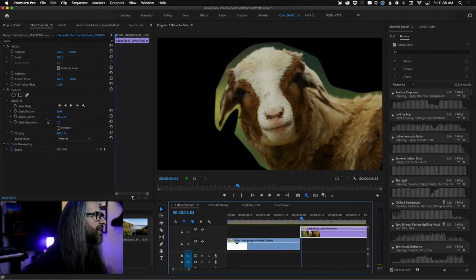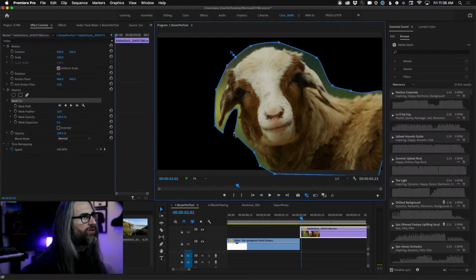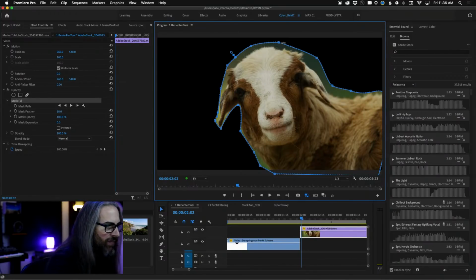Again, nothing fancy on this clip. This is not a particularly great mask, but just showing you that it's a combination of beziers and linear points here. All right. So if we were trying to do some very specific tracked color correction on this goat or whatever, drawing this with the pen tool, you'd have a lot of rough edges and a lot of bleed and other things that you don't want. So having those beziers in there just makes the whole thing a lot easier to do. All right. Very cool.